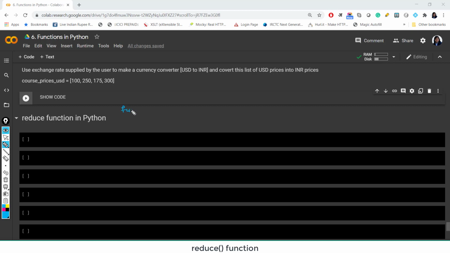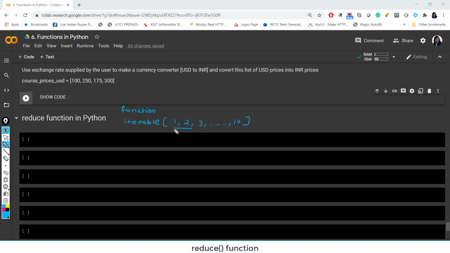It will take a function or any callable. In the last video we have talked about what is a callable. It can be a function or class or something like that, and it takes an iterable. It also takes one more additional argument. We will talk about that later, but iterable, suppose it is a list. In an iterable we can have multiple elements. For example, suppose we have 10 elements here.